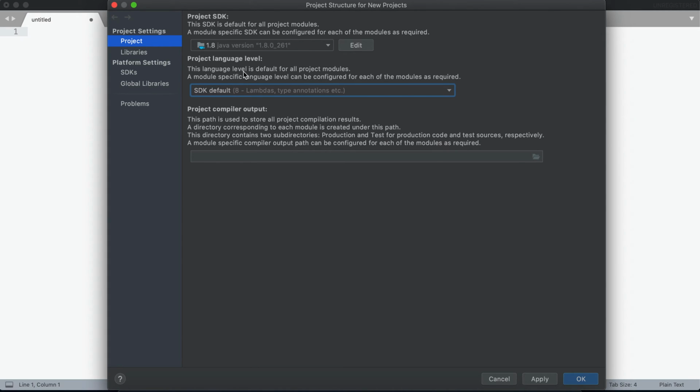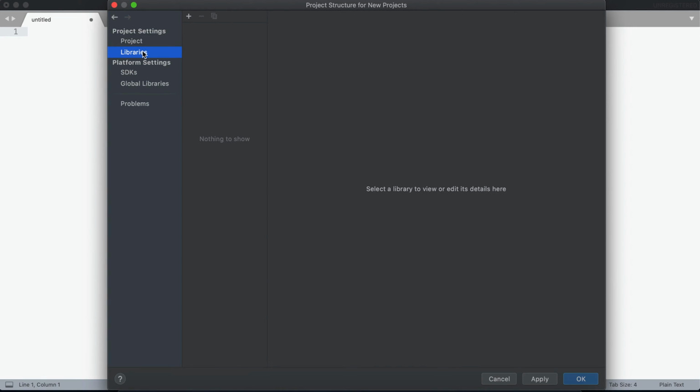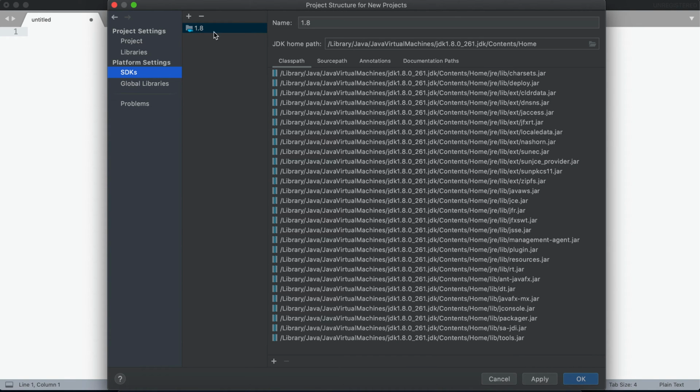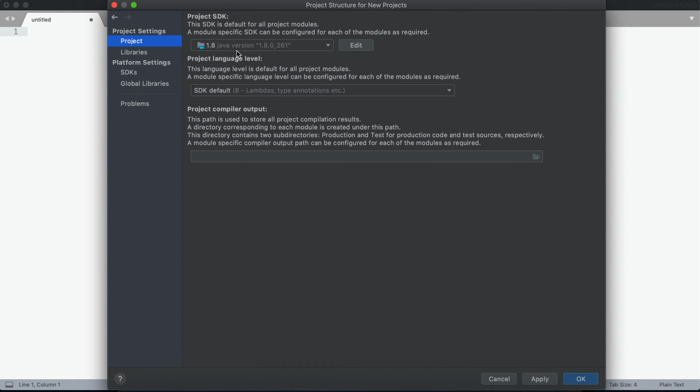This is the setting that you should do in this project tab. If you go to library, you can import any particular library that you need for your project. If you go to SDK, this is the same SDK that we have selected here.